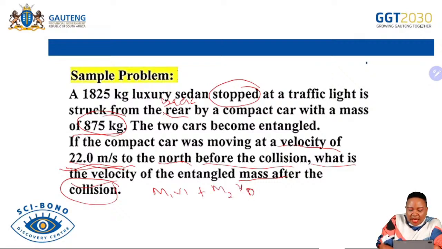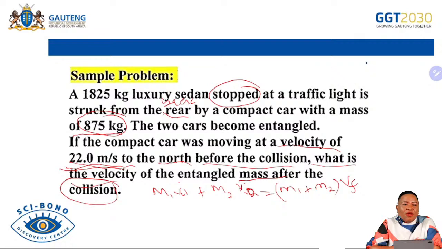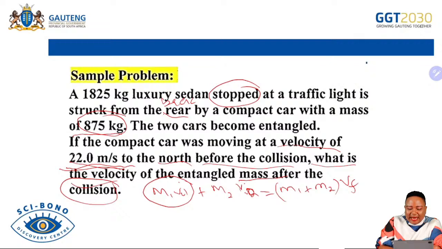Remember, we expect the momentum before to be equal to the momentum after. Let me say Vi and Vi. And then here it's going to be M1 plus M2. Why M1 plus M2? Because they are now moving at the same velocity. So you will substitute: this one is going to be 0 because it was at rest. This one has its mass and the velocity of 22 meters per second. So it's going to be 0 plus 875 multiplied by 22,